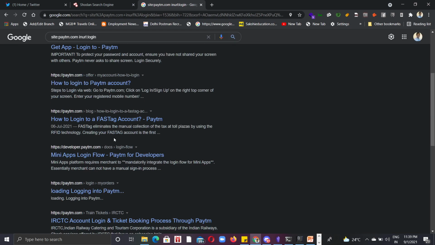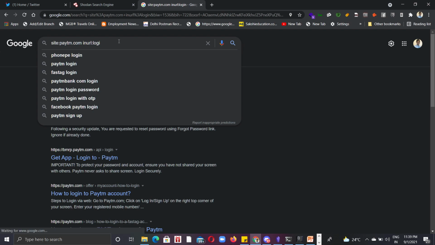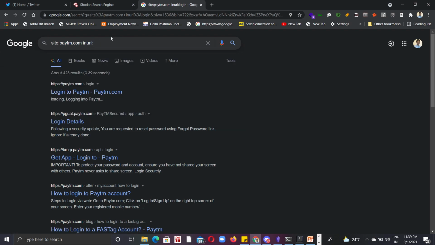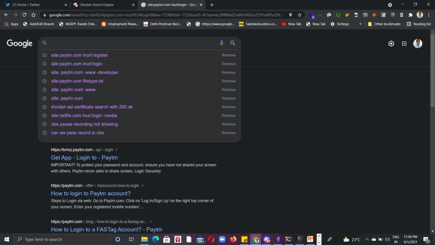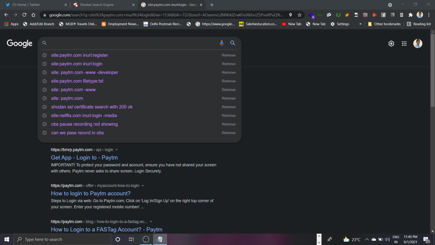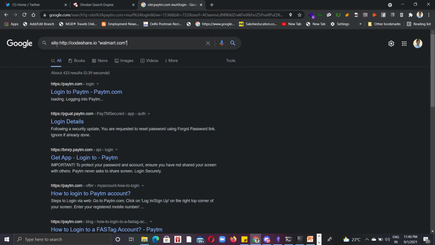Okay, there are some login portals which you got, right? So likewise, these are some examples which you can try. Okay, coming to next, there are some public sites also where we can try a few examples in the open source websites. Let's say you're trying for some sample domain, let's say Walmart, right?